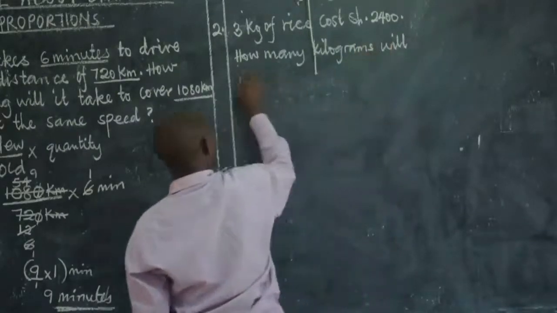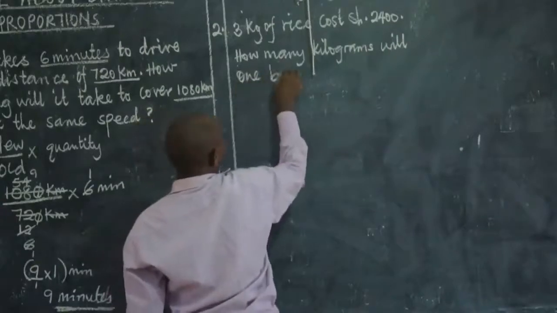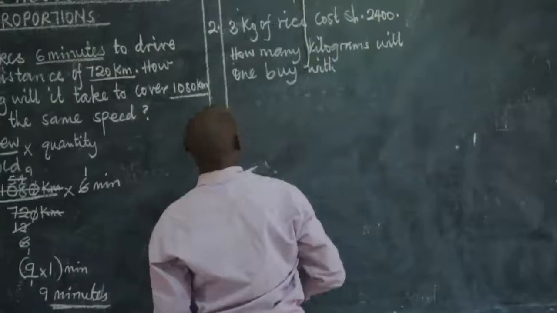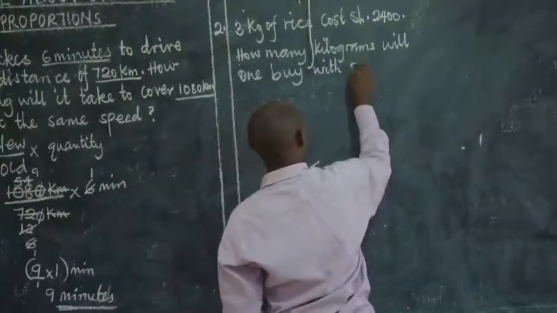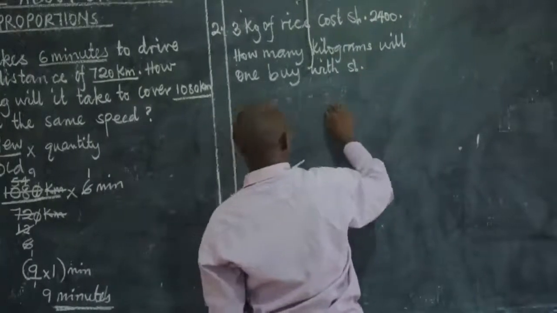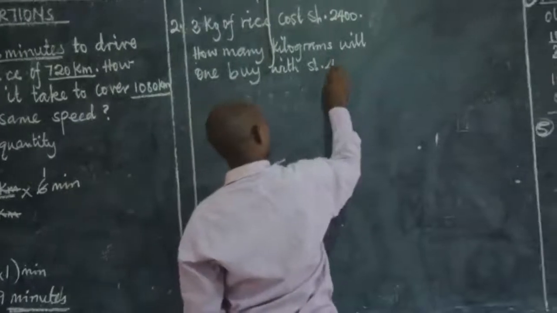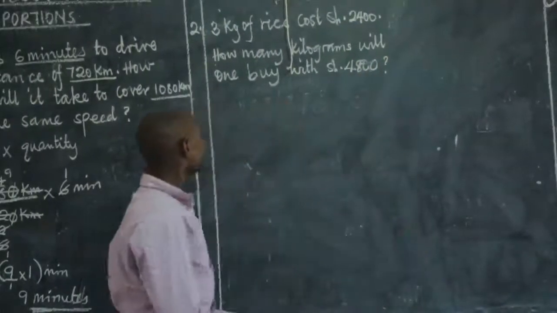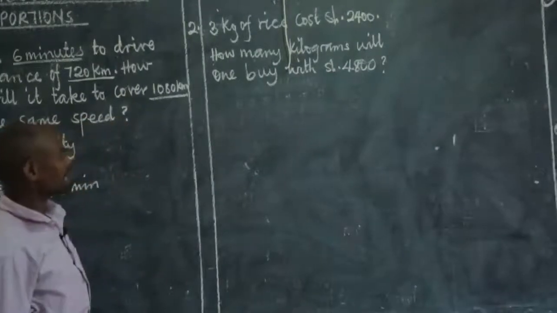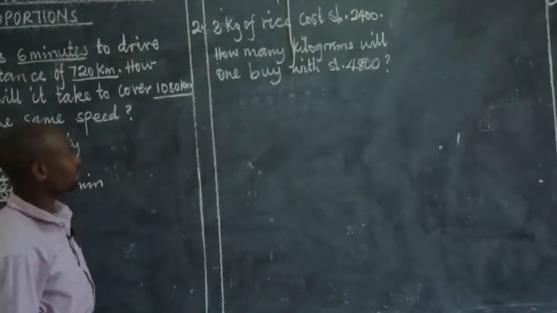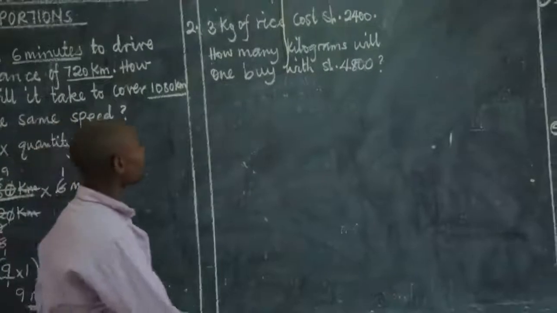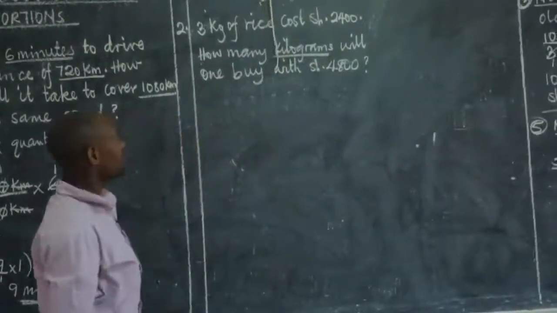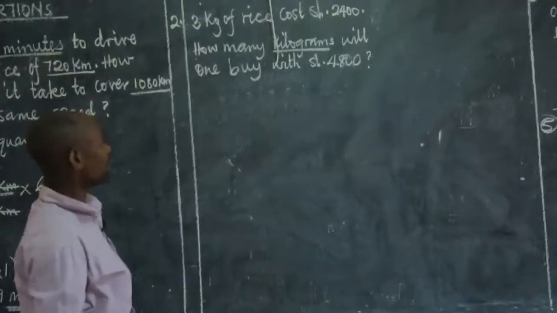Will one buy with how much money? Maybe 4,800 shillings. Okay? 3 kilograms of rice cost 2,400 shillings. How many kilograms? It means I'm looking for kilograms. How many kilograms will one buy with